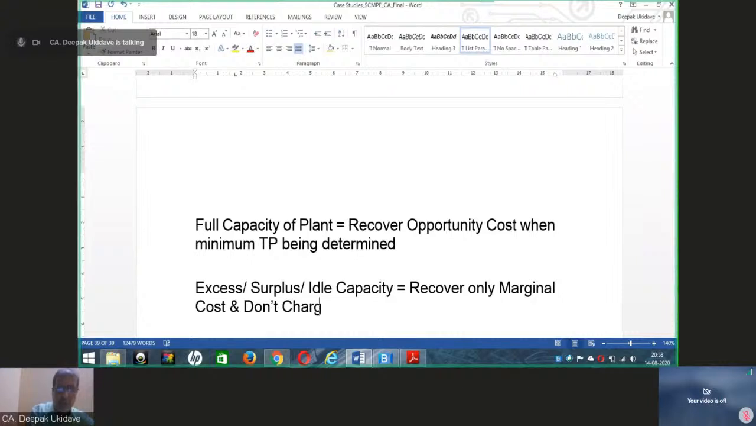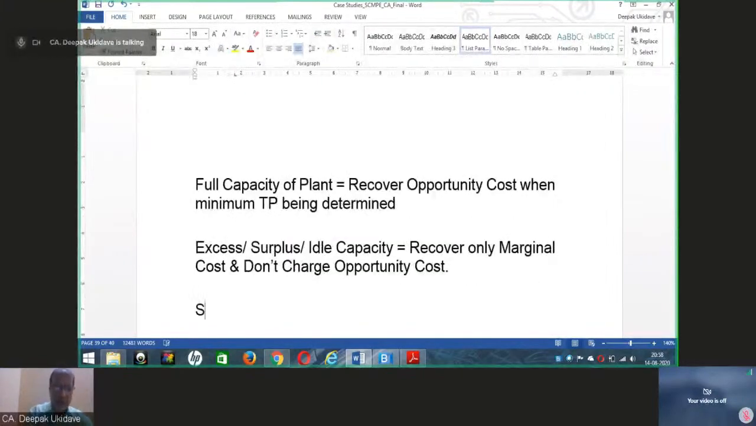Recover only marginal cost and don't charge opportunity cost. Simple. I wrote this because there were two queries on the same lines asked by two separate students. Don't recover opportunity cost. These are the learnings, and of course the second learning is that when you are charging your internal customer, selling and distribution overheads are not to be charged. S&D, selling and distribution cost, is generally not charged to the internal customer, because